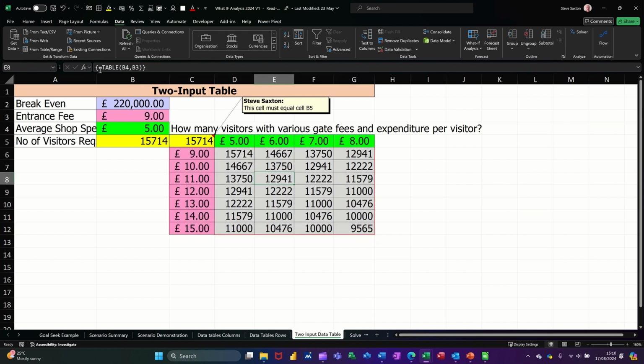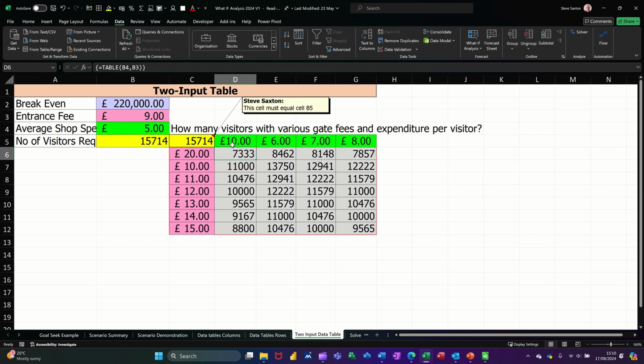Now, when you click on these, this is an array formula, look. You shouldn't really mess about with this, but as I've said before, you can mess about with the outside parameters. So I could change that 9 to 20. I could change that 5 to 10, and then it would impact the result, like so. So that's data tables. So that's the three basic ones that you get in what if analysis, but there's also